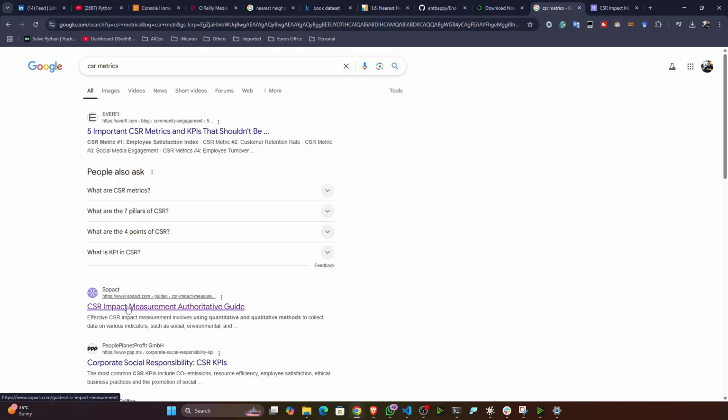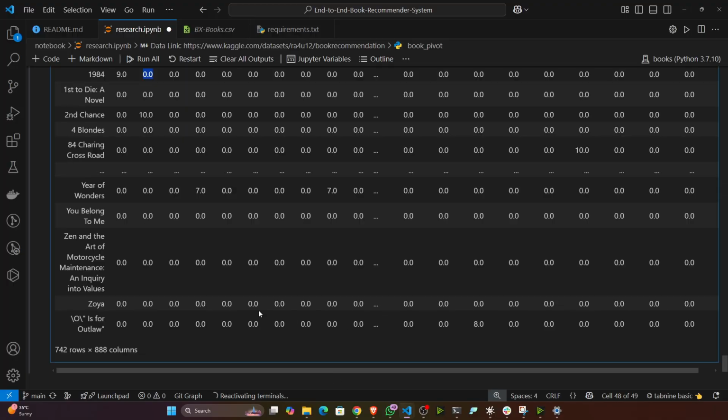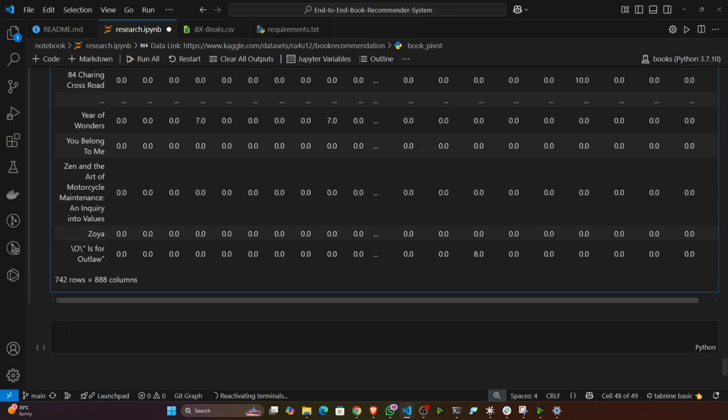Okay, so the model we are going to use is the nearest neighbor. It accepts the CSR matrix. So that's why we have to convert to the CSR matrix. How to convert? For this,